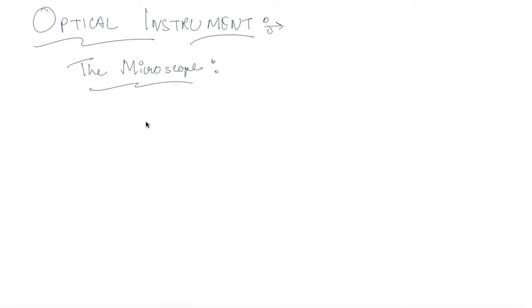So now we will have a discussion on optical instruments, and the first thing is your microscope. Now we know microscopes are used to view small objects. So what is the basic setting of a microscope? Now what we do is, say suppose